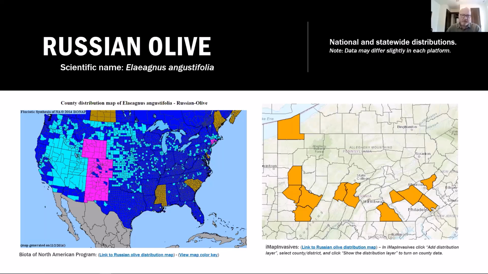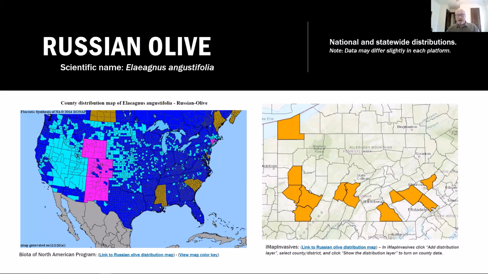Okay, so if it's just that kind of brownish color, it means it's not been documented from that state. Now, what does documentation mean? It's different on these two maps. The BONAP maps are produced based entirely on scientific specimens at museums. So one thing that does is it gives you a longer record, okay? But it also misses a lot of places where people know where it is, but they've not collected a scientific